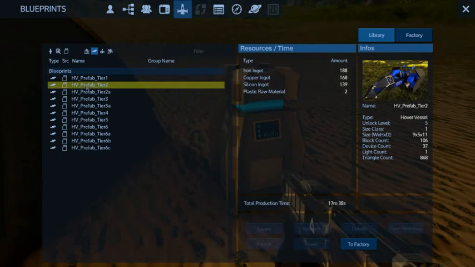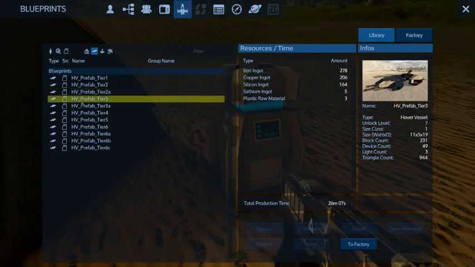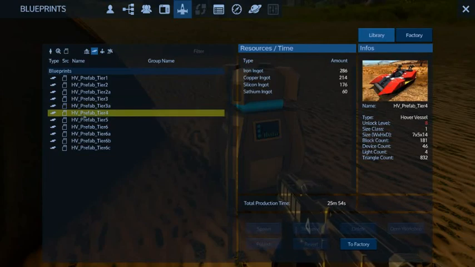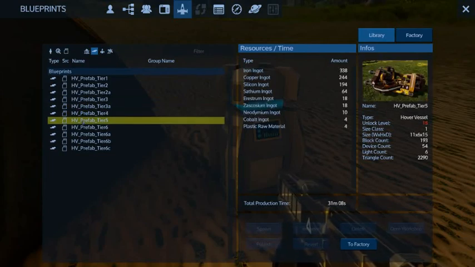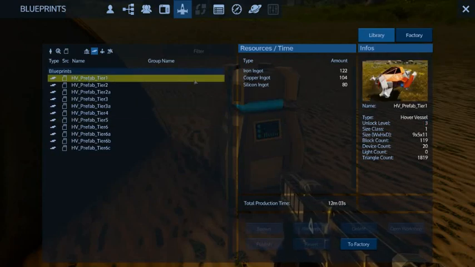Tier 2 requires raw plastics. And doesn't really look like it's got room for a gun platform. Tier 3's already got gun platforms on it. 3A looks absolutely terrifying, but kind of cool. 4 is too powerful. 5 is way too powerful. So I think we're going to do this little guy here, and that little step on the back is where we're going to place a gun, so that it's got an over-the-top gun that we can use. So we're going to send this to the factory,